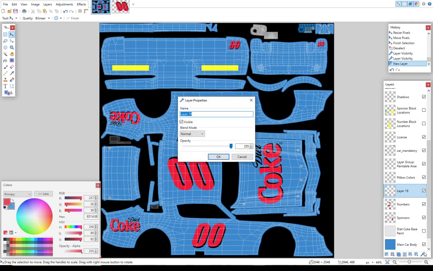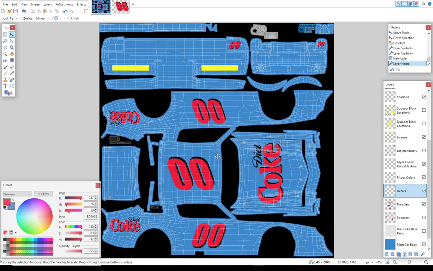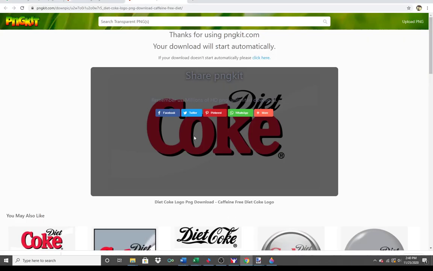I'm going to use the wrench. I'm going to call this decals. And then I'm just going to click the OK button. Now, because I've done a lot of painting, I have found tons and tons of racing decals. But if you wanted to find a racing decal, you go back to Google,